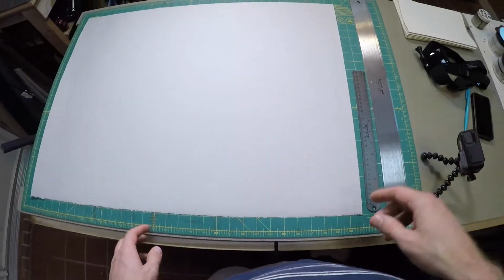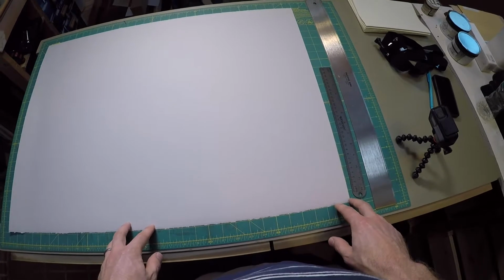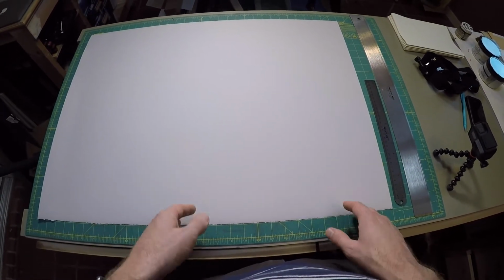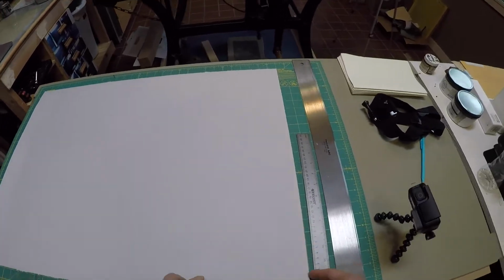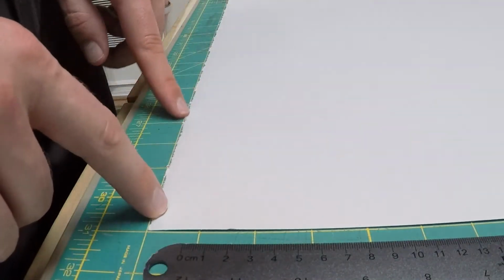One of the things I like to do on paper this size, which measures 22 by 30, is I like to quarter it down to 11 by 14. The natural quartering would be 11 by 15, but I like the 11 by 14 size because it fits a frame really well. One of the things about this paper is it has cut edge here and decal edge here,